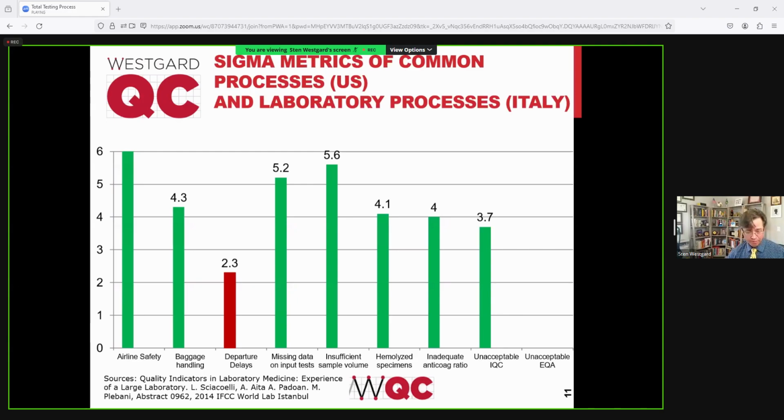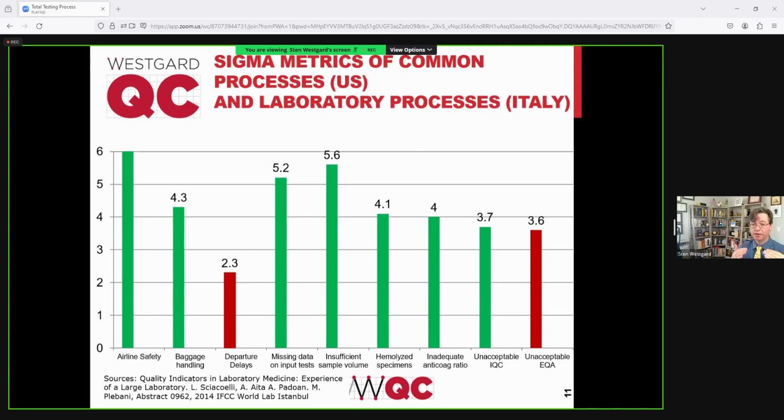How often were people failing their EQA? That was 3.6. So when we started looking at things on the sigma scale, and we got in, I suppose you could say the pre-analytical processes had seen a rapid improvement, and so their